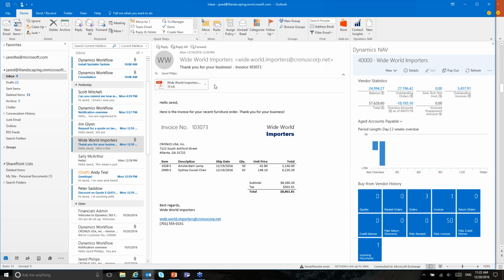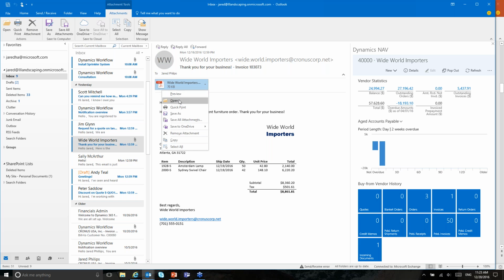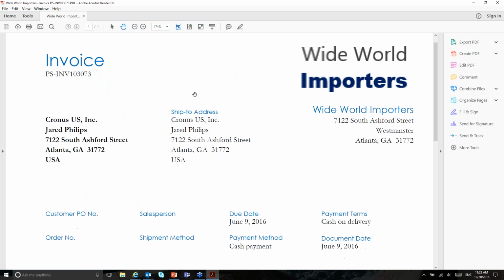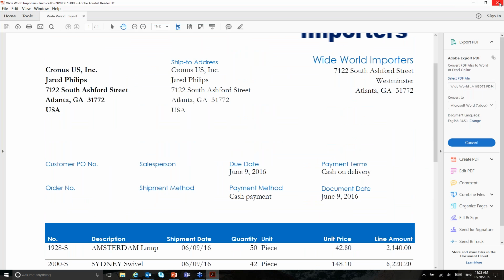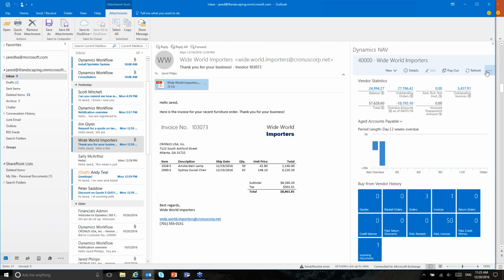so we can automatically post an invoice from a PDF without having to enter any manual data. So if we look at this document, I have an invoice from Wide World Importers. It's attached as a PDF to this email message. From the dashboard,